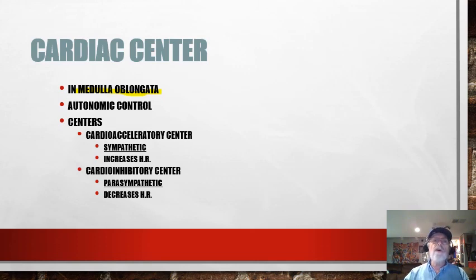Okay, so inside the medulla oblongata, they have a cardio-acceleratory center. What do you think that does? Makes it go faster. So it's sympathetic, it increases the heart rate, and we have a cardio-inhibitory center, which is basically parasympathetic, which makes the heart rate go down. So it slows the heart rate down. Okay, and that's what we see, with some of these